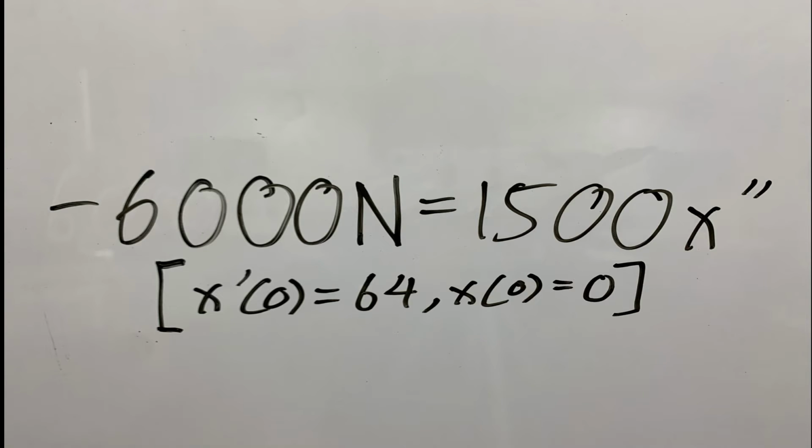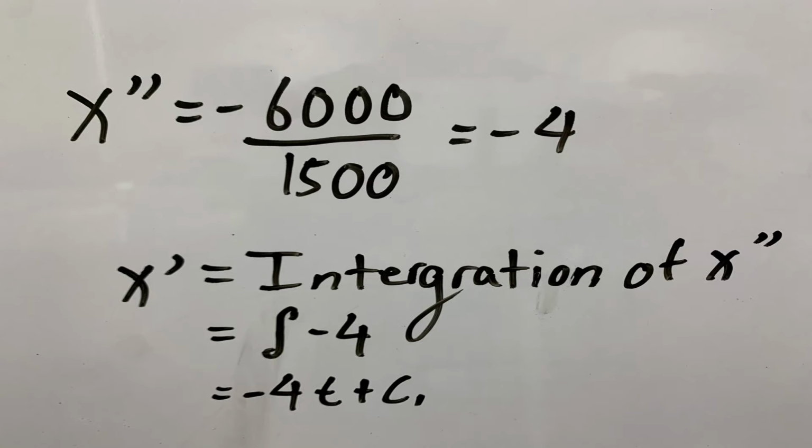The equation form is basically force equals mass times acceleration, where acceleration is the second derivative of the position, and we can write it as x double prime. It is also given that the velocity, or x prime, at the origin is 64 meters per second. Simplifying the equation, we will get x double prime equals negative 4 meters per second squared. Take note that it is negative due to the force acting